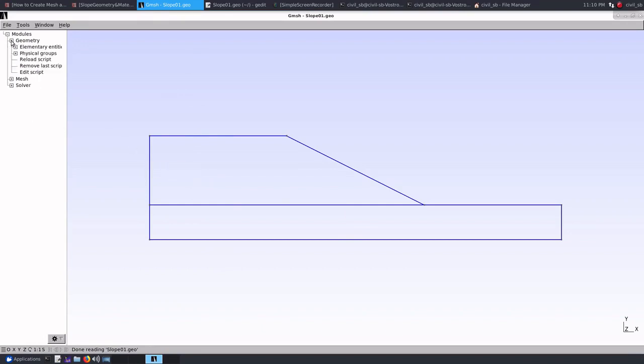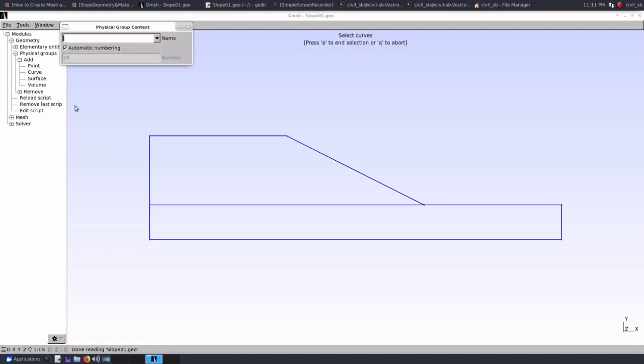Now I will again go to the geometry module and then in order to generate the groups I will have to create some physical groups here in this file. So for that I go to the physical groups menu, then add, then in the physical group menu this new version of Gmsh gives us point, curve, surface and volume. So line is also a curve here, so I will select curve and I will select the various lines for